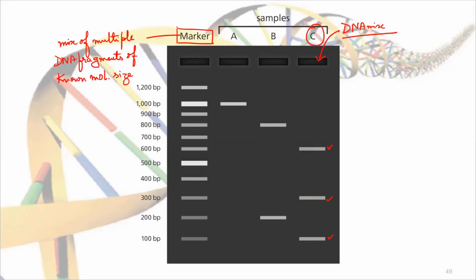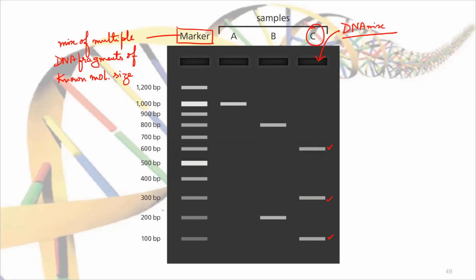Known molecular size means through various studies and research, it was found out that this marker is made by mixing the fragments whose size is already known,